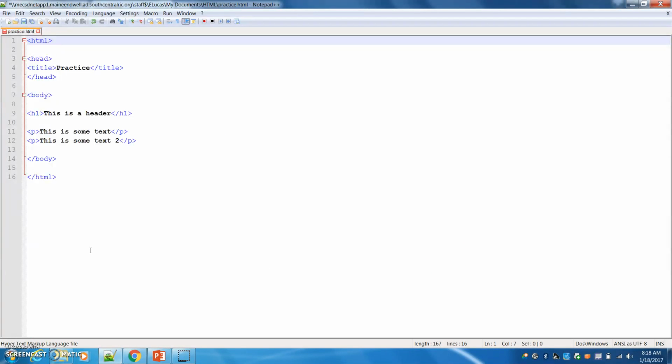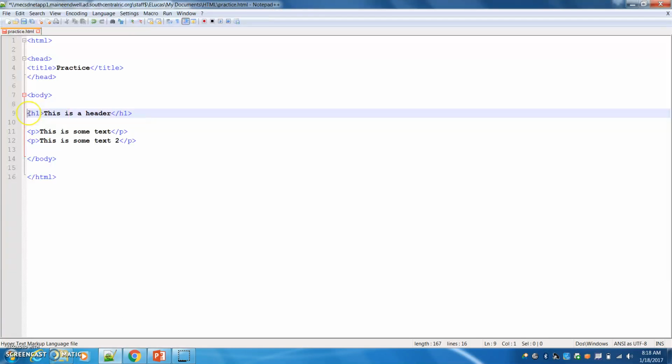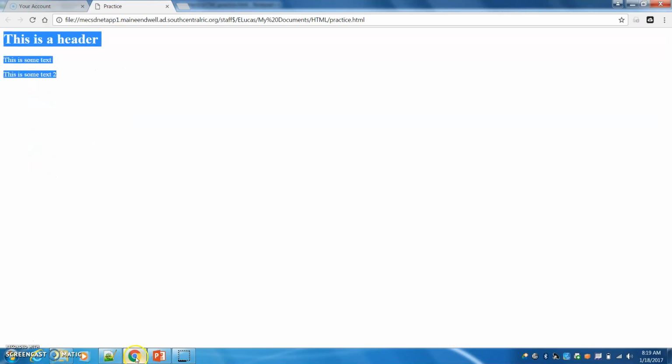So to make it work is also pretty easy. You're going to find something you want to format. So for example, let's format the header here. So this is a header size 1, H1. It looks like this, the page, again, pretty boring. So let's change it a little bit. So back in the code, let's try to underline that header, because a lot of people use these as section titles for their web page. So for example, they'll just underline and center a lot of these big bold headers for each section of their